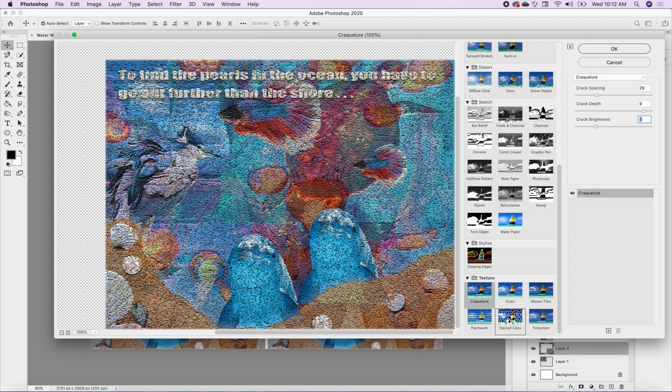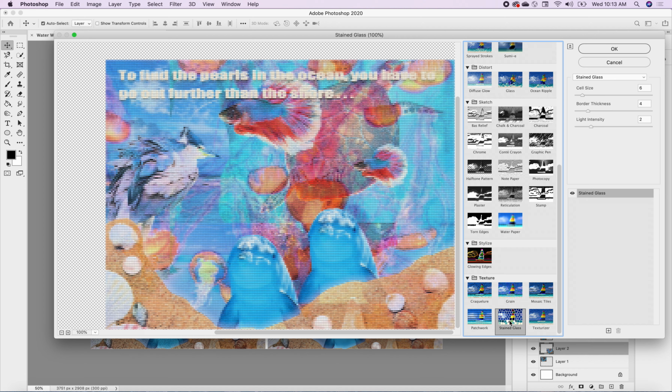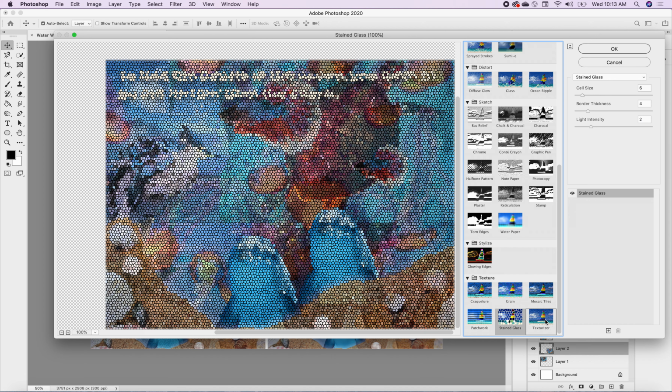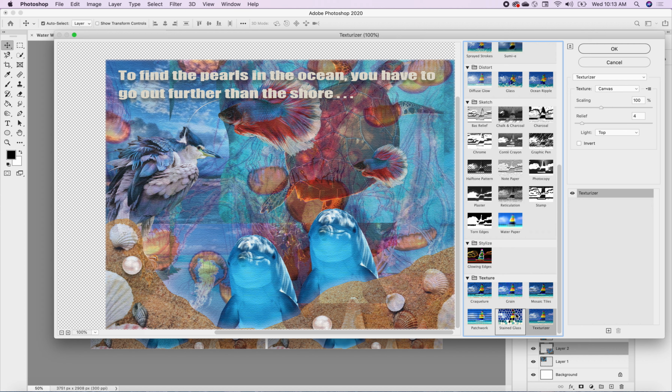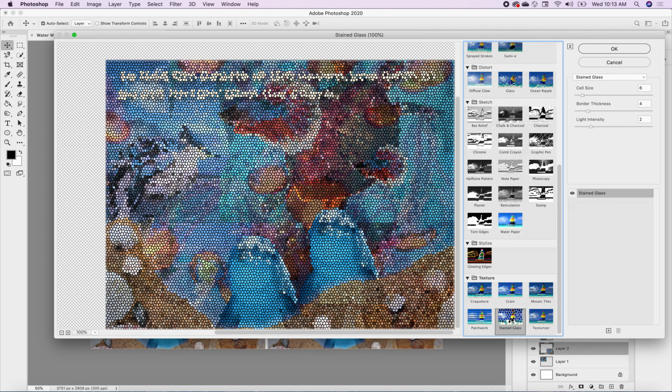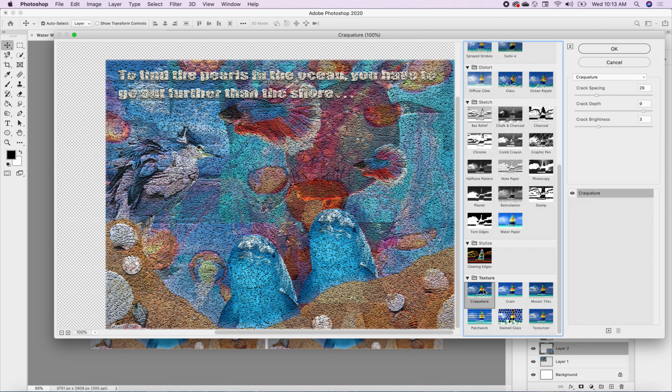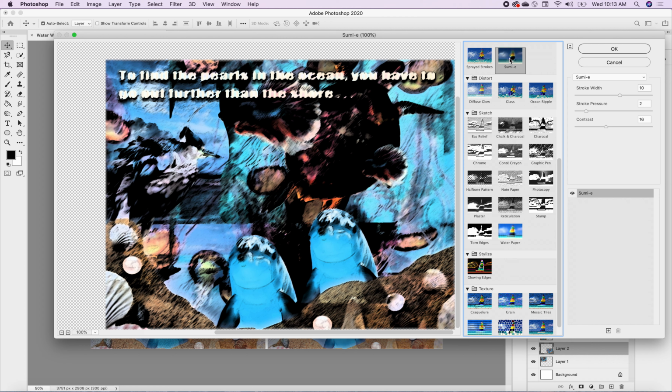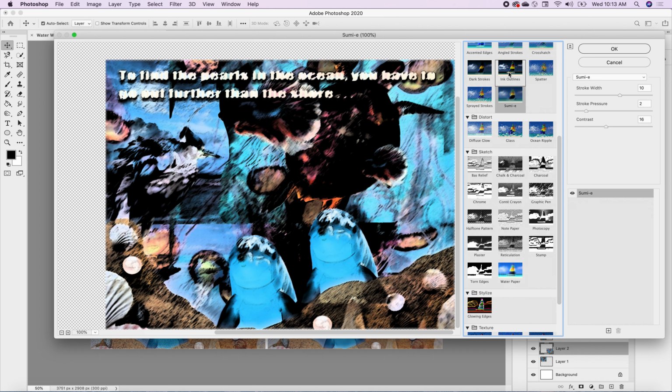But again, we have grain, we have mosaic tiles, we have patchwork, we have stained glass, and we have texturizer. Stained glass is pretty interesting. But what did I say? I kind of said I liked craquelure, and then I also liked Sumi. So I'm going to make my decision between one of these. Sumi, I think was it Sumi? No, it was ink outlines. So my option is between ink outlines